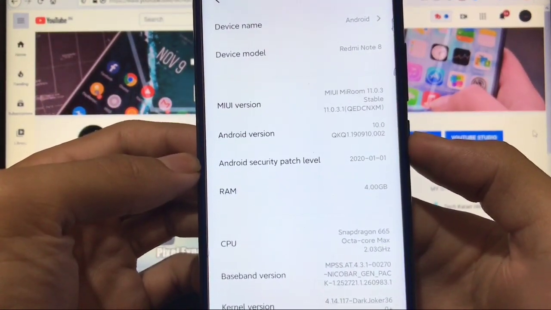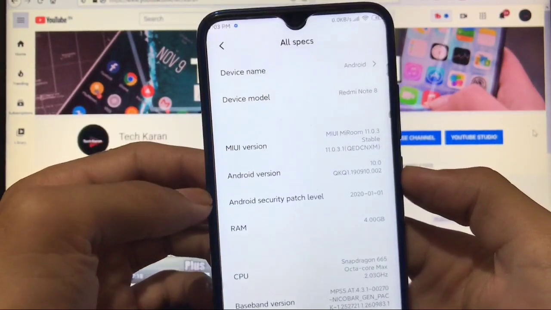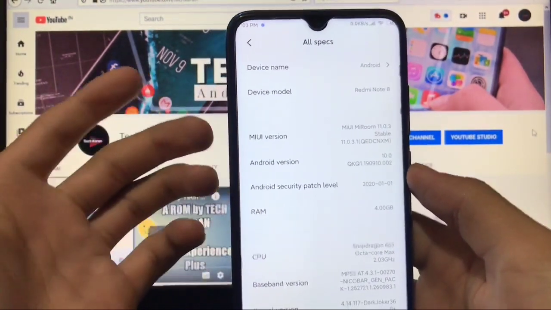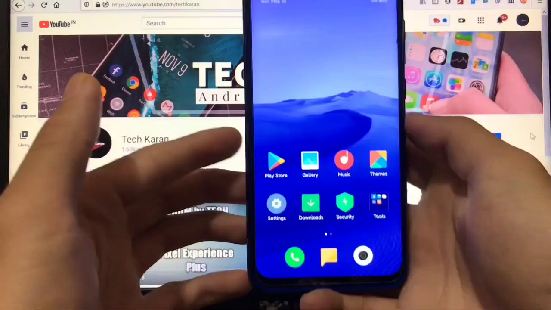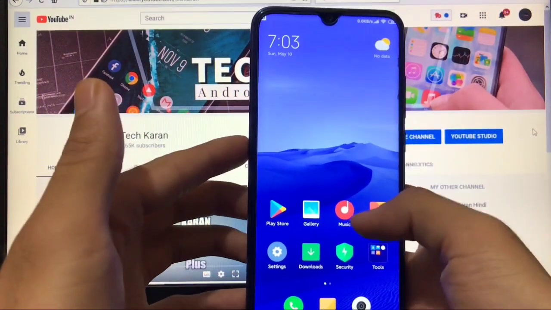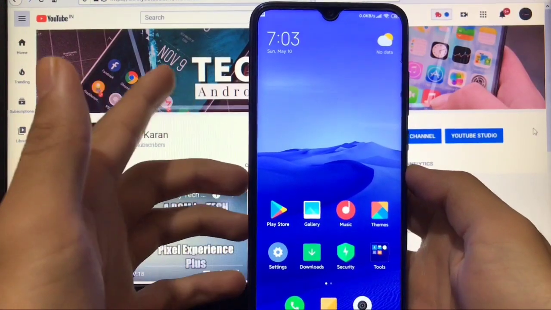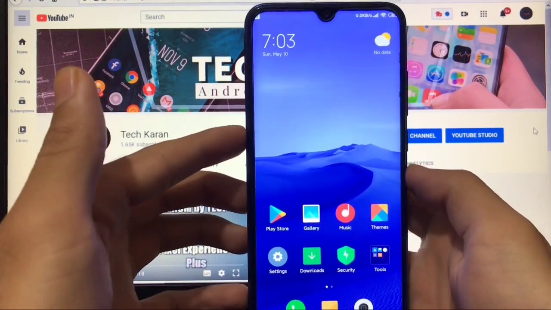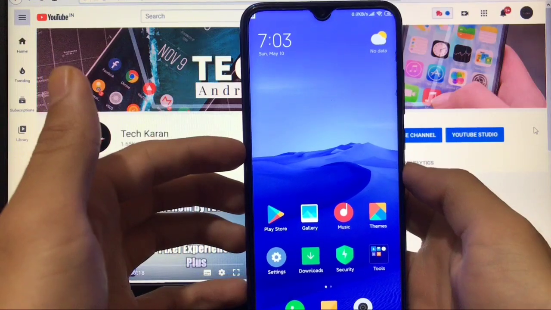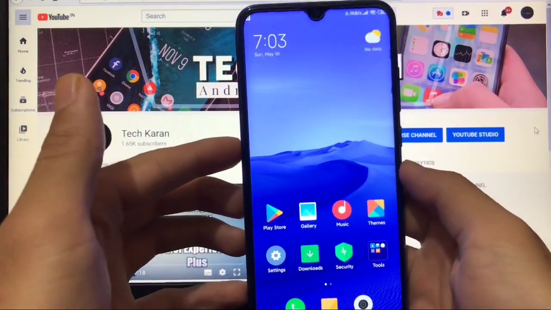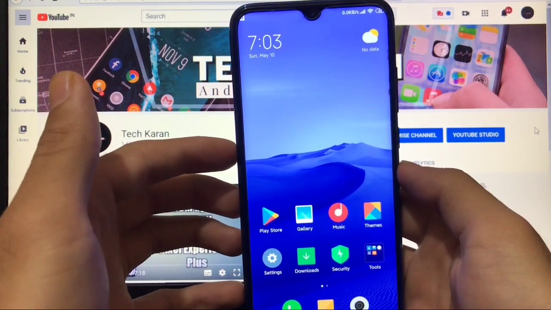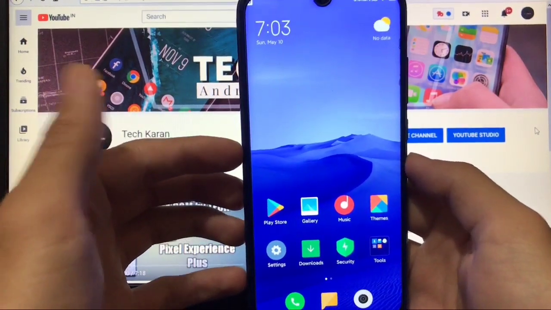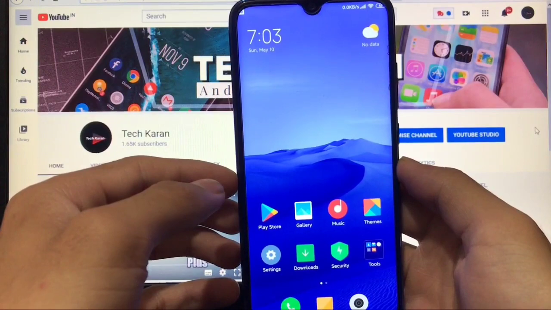You got the security patch of 1st of January 2020, which is a little bit old. Actually, this is not a ROM. This is a GSI, so this could be compromised with that. A lot of things you get in this MIUI ROM build, and can you use this build as your daily driver? Because it's a GSI, bugs are always there. I'll try to show you which bugs you get, and whether you can compromise without that or not. I'll try to show you everything, so let's get started now.